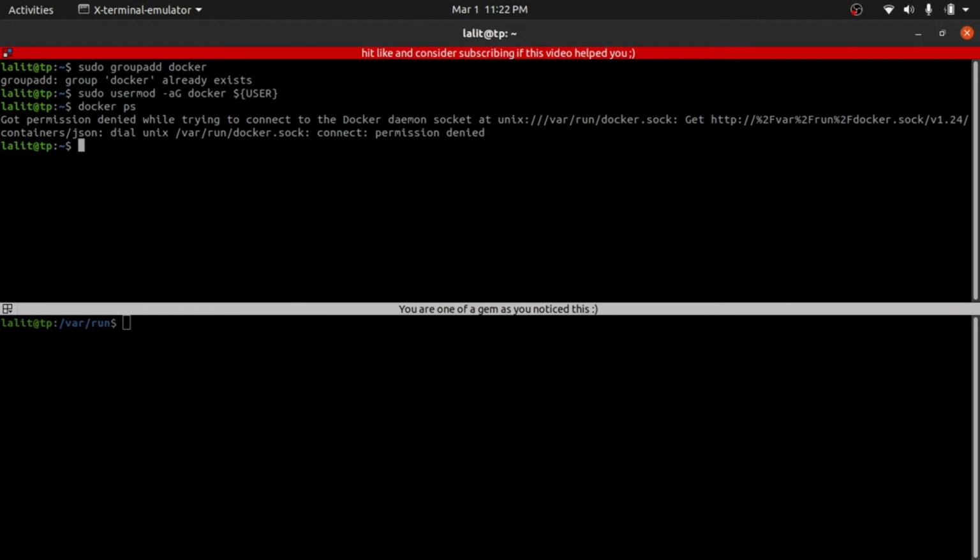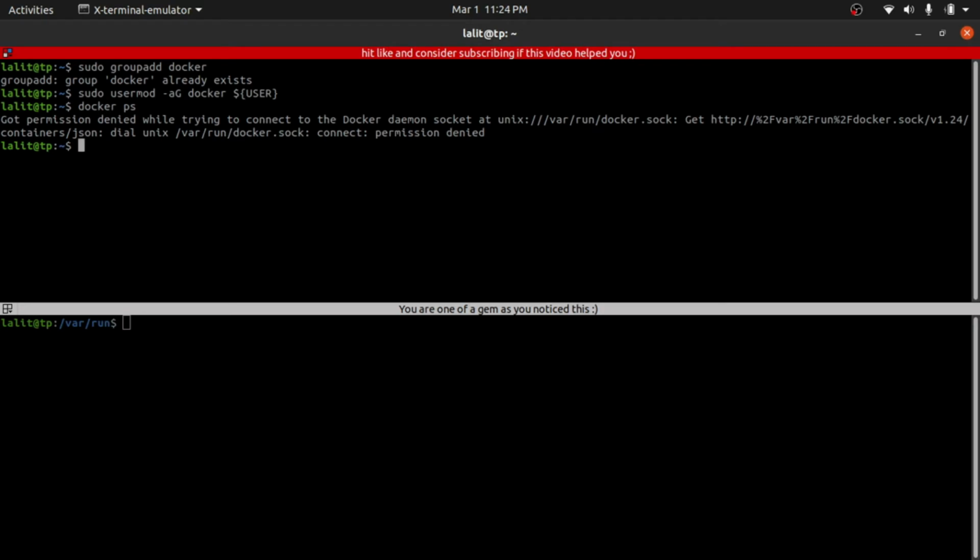But if that is still not working for you, as you can see that it's not working for me, then we have to use the final command, which is to modify the file permission. As you can see, after running the above 2 commands, docker ps is still not working for me, and it is asking me to add sudo in front of it. This issue can be solved by the final command which I'm going to give you. Please make sure that you ran the above 2 commands, because the final solution won't work if you didn't do that, because that is the basic requirement.